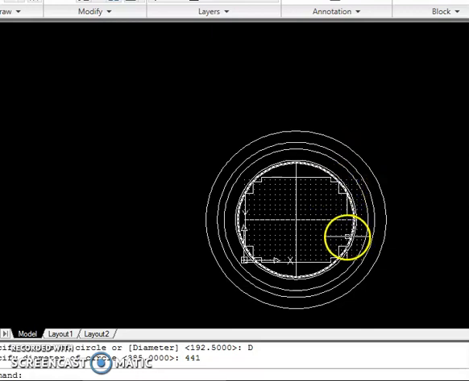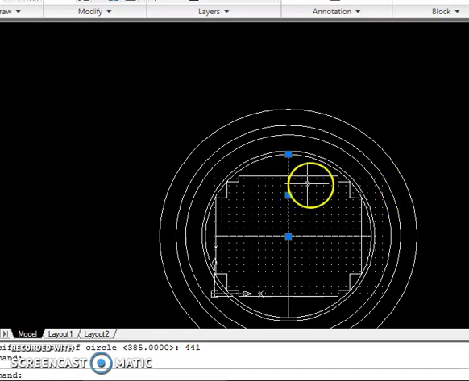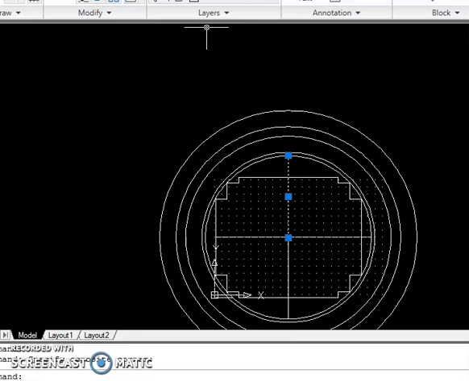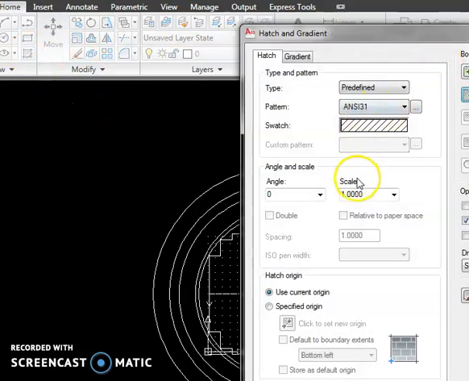Okay, next thing is you have to hatch. Now you can delete this axis line, or else let it be, no problem with that. To hatch, you know the command, hatch command, scale, and add pick points or add select objects.